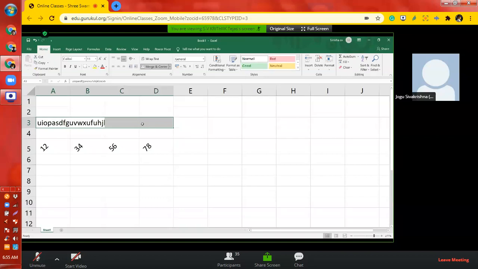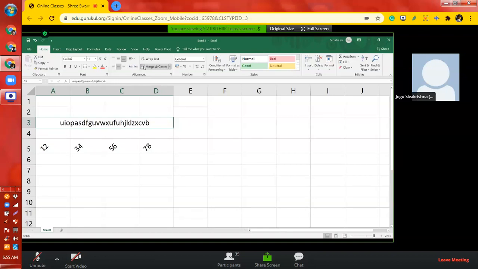Yes, now you click on that merge and center again. Merge and center, you select it. That will be taken as merge. It will be in the center of those 4 cells, and you can write headings like table name or school name. If you are writing something, you can take any number of cells as this merge and center.